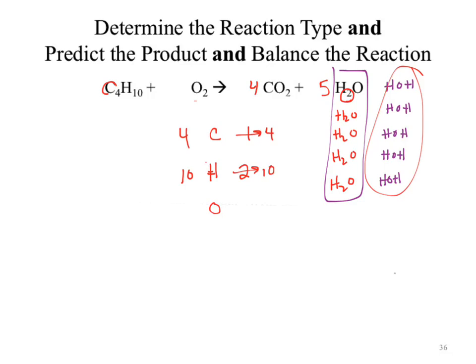When I take a look at hydrogen on the reactant side, how many different places does it show up? 1. How many different places does it show up as a product? Hydrogen, 1 place. How many different places does oxygen show up as a reactant? How many different places does it show up as a product? 2. Because it shows up in multiple different locations, I'd have to be changing numbers in 2 different spots. That can make it difficult to balance. So I don't want to balance oxygen, because ideally, I can do everything else, and then I get to oxygen,